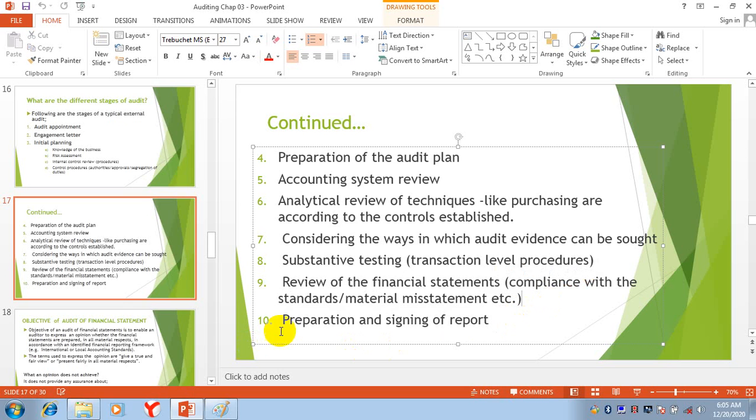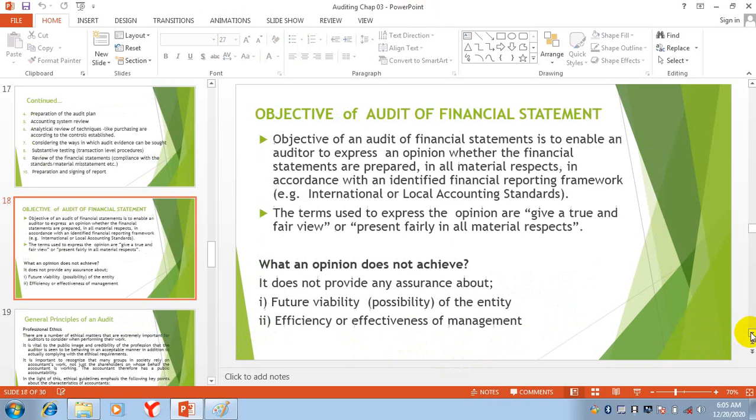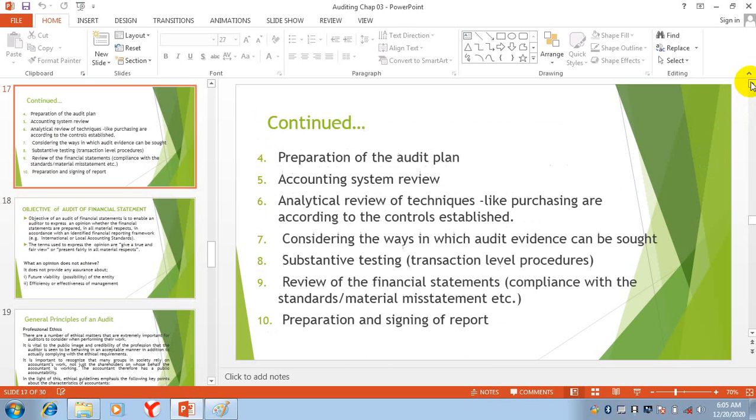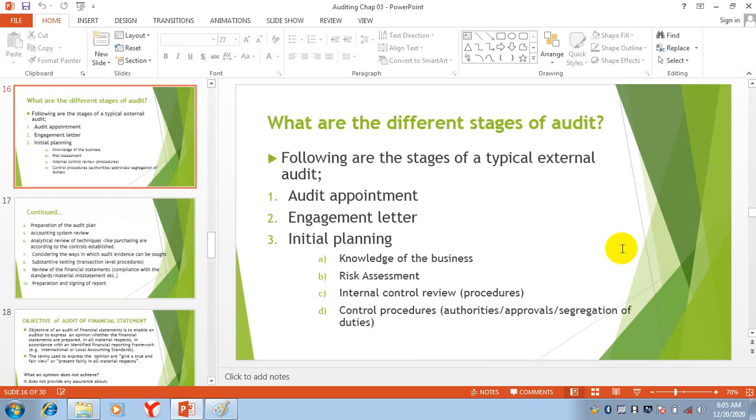And the last step is the preparation and signing of the report. In the last step, they will prepare an audit report and sign it. So these are different steps, different stages in conducting an audit.